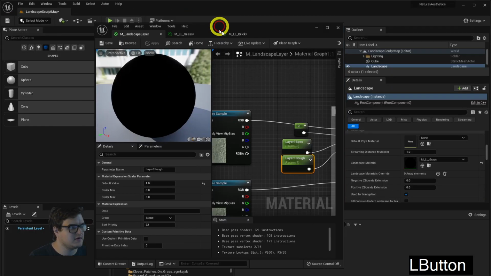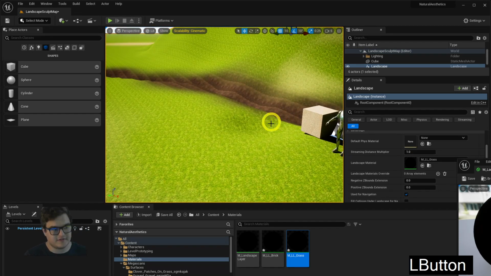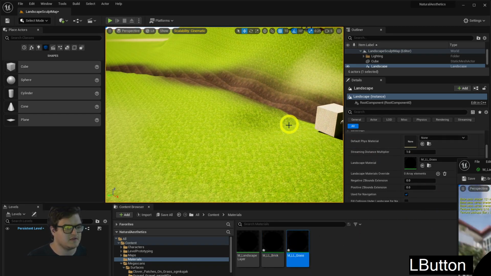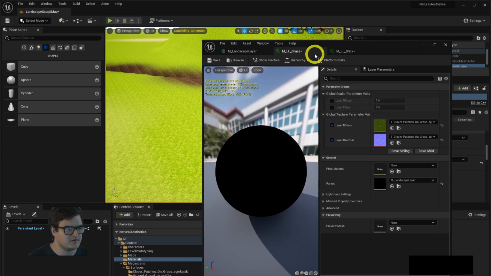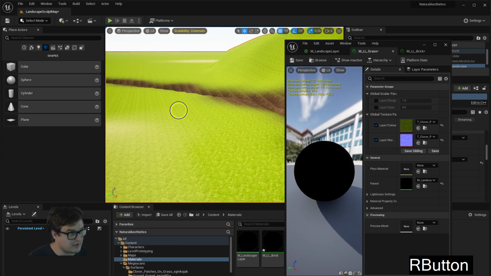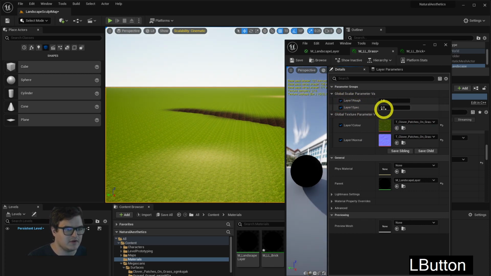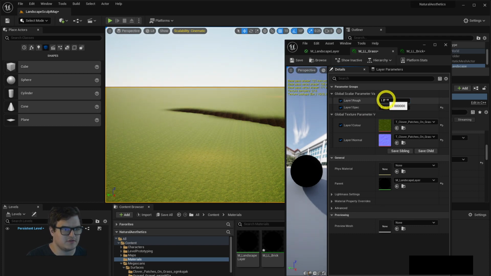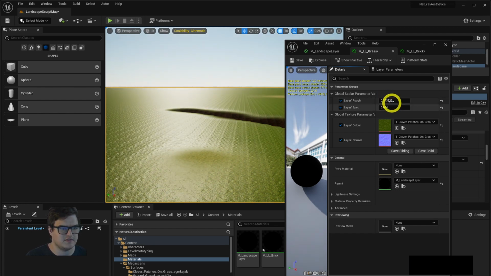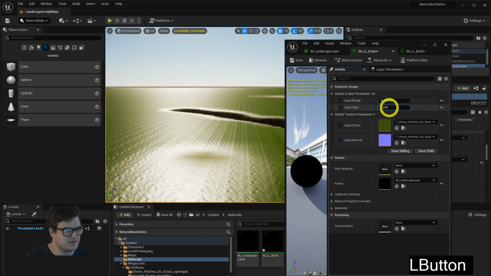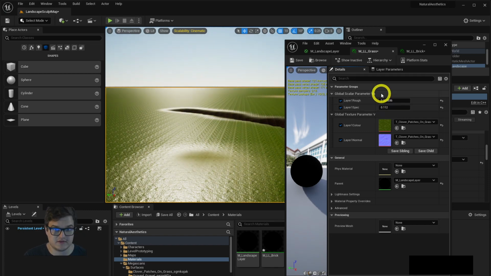Hit save on that. Now the other feature of instancing is that if you take your grass instance, which is the one currently applied to the landscape, and you activate the roughness and the specular, you can see in real time the differences between roughness and specularity and what they do, whereas before you'd have to save and wait for it to compile. If you're trying to explore and see what the different parameters do, instancing is a great way to do that and see the